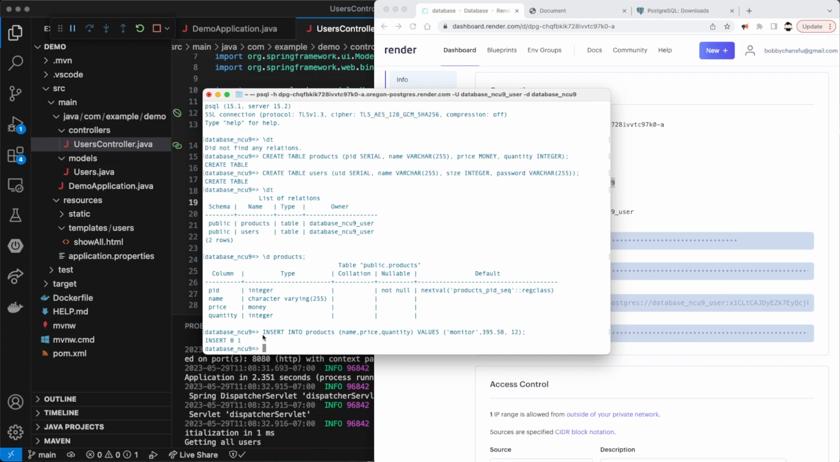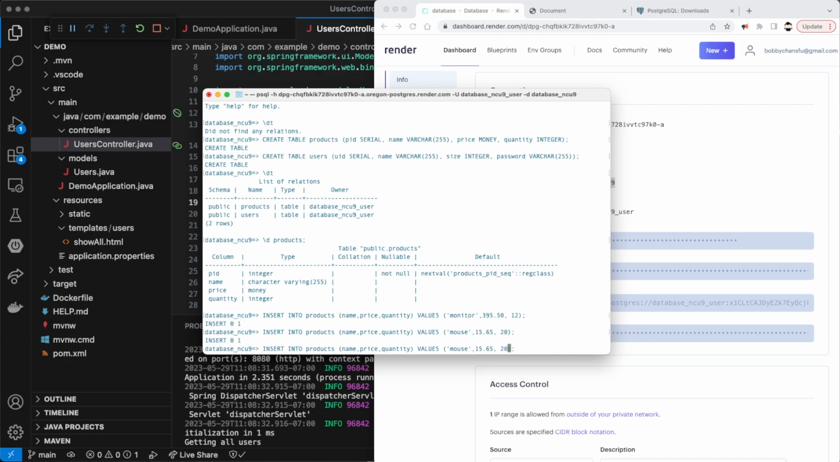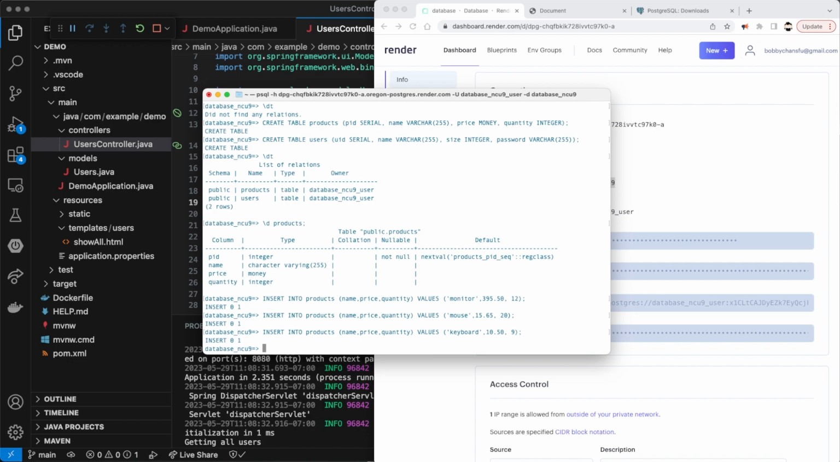Imagine this is an object that I'm creating and inserting into the database. Now let's do a couple more. Let's say the next thing I want to enter are mice. So I have a bunch of mice, and each mouse is, let's say, 1565, and I have 20 of them. I'm going to also do another insert. Let's say this is a keyboard, and the keyboards are 1050, and I only have 9 keyboards. So I'm doing a bunch of inserts here, and these represent objects that I'm going to be working with